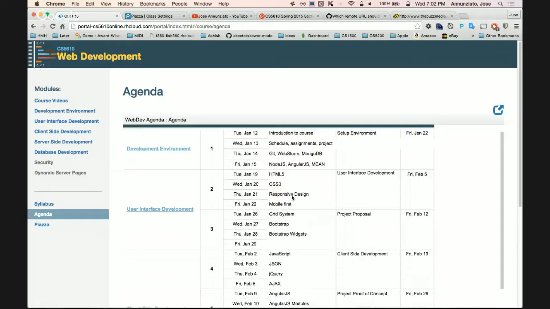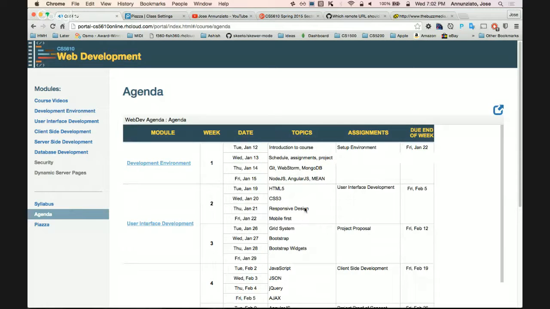So the first 3 weeks, mostly we're going to focus on static content: HTML, CSS, layout, laying out your application. There will be an assignment called the user interface development assignment. Remember, these 6 assignments are geared to work one after another, build on each other, and they're designed to mimic or parallel what you're going to be doing in your projects,